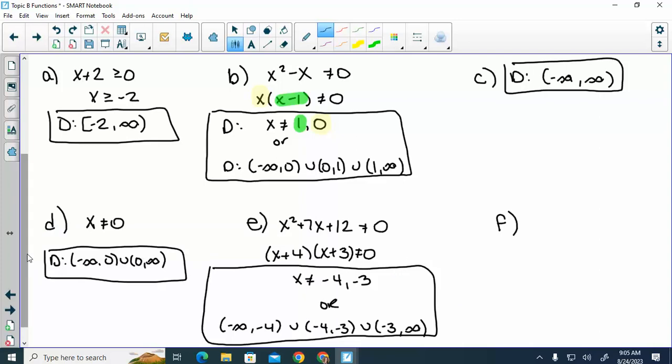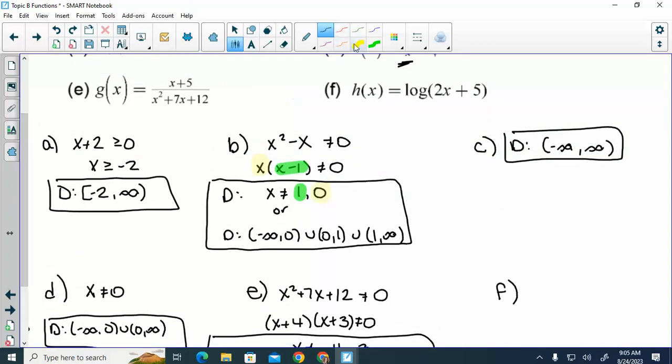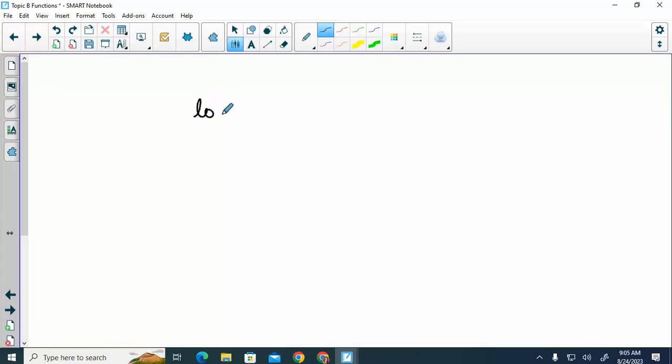And the last one, we have a log. In a log, the argument, the thing you're doing the log of, has to be greater than 0. Do you guys remember what logs represent? It's basically, just as a little side note, if I said like log base 2 of 16,